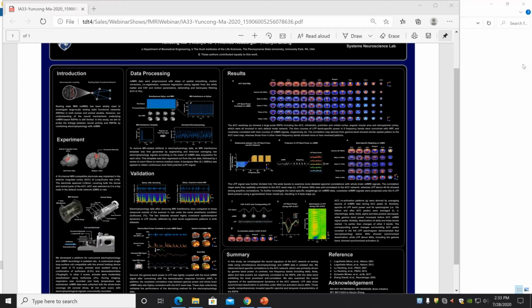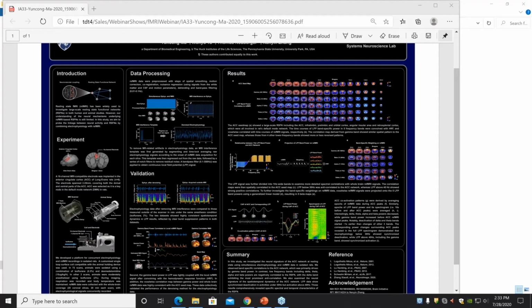And in the data processing in the middle, we designed a template-based method to regress out the MRI interference. So in that way, we could get both local field potential and multi-unit activity, which has been shown in this poster. And to validate this denoising method, we acquired data inside and outside the scanner under deep anesthesia, which induces